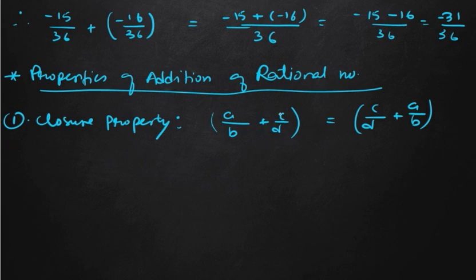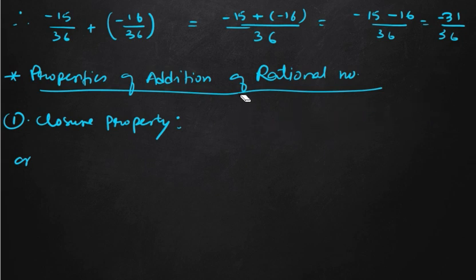So this property states that if we take two rational numbers, that is a by b and c by d, and if we add them also, then the result is also a rational number. So you can state that the sum of two rational numbers is also a rational number. Fine. So commutative law is also same. Oh, sorry, this is the closure property. Wait, this is not the closure property. This is our commutative property. Okay, it's my mistake. So what is closure property?